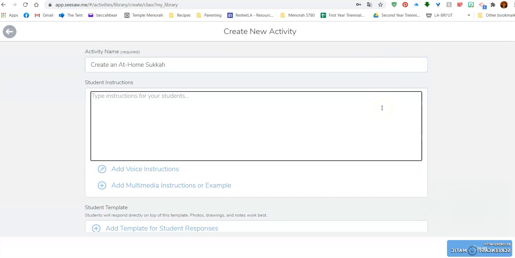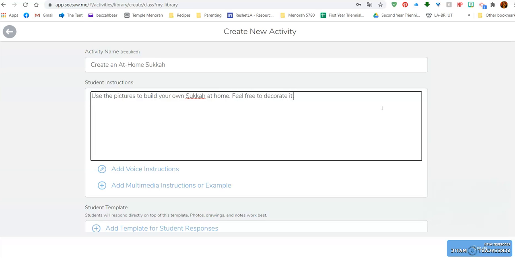So then the instructions are going to look like this. So use the pictures to build your own sukkah at home. Feel free